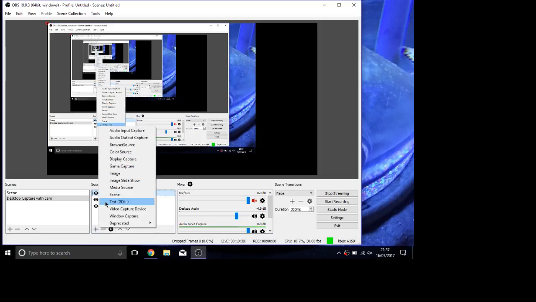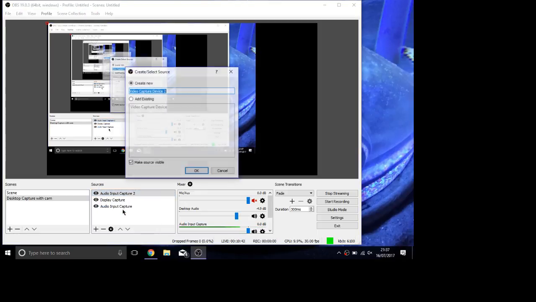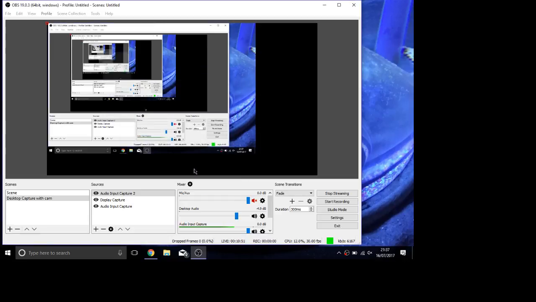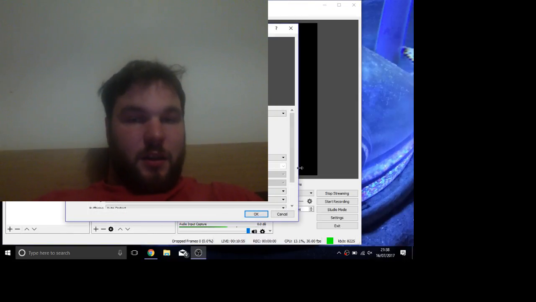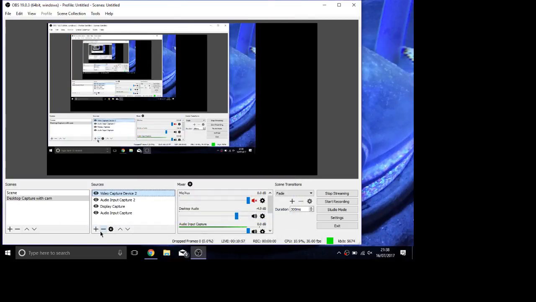So we're going to want to add my ugly mug. So bear with me, video capture device. Now we've already got one there, an existing one, or we can create a new one. So I'll show you how to create a new one. If you hit OK, then it will give you the camera options there, and then you can choose it. But because I've already got one, I'm going to remove that,